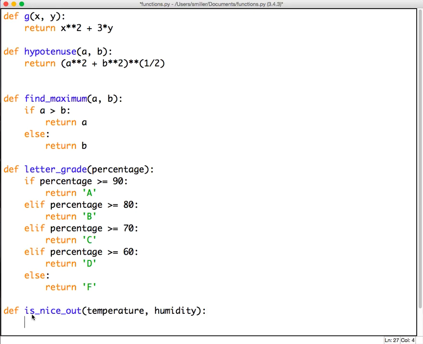Okay, and we're going to say it's nice out. Let's say if the temperature is between 60 and 80, let's say. Now we can do that very nicely in Python in one statement. So if 60 is less than temperature, and that's less than 80,